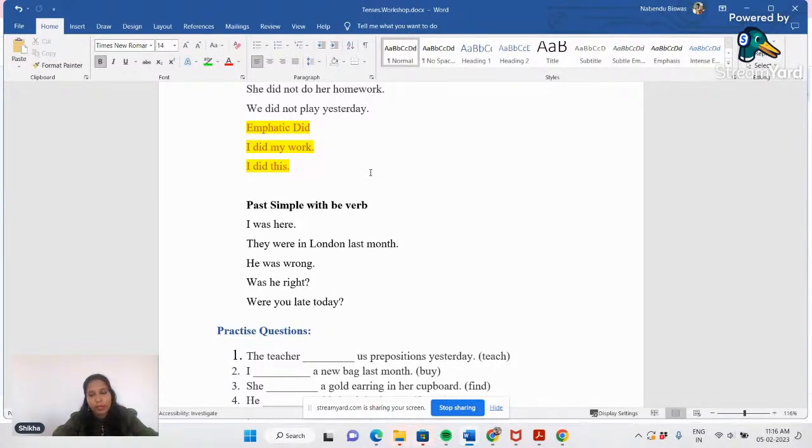But if you are framing sentences like I was played, I was went, that is wrong. In the same way, if you are framing sentences like I did understood, no, it is wrong. I did not went to shopping yesterday. Again, it is wrong. You are using two verbs which are in their past form.